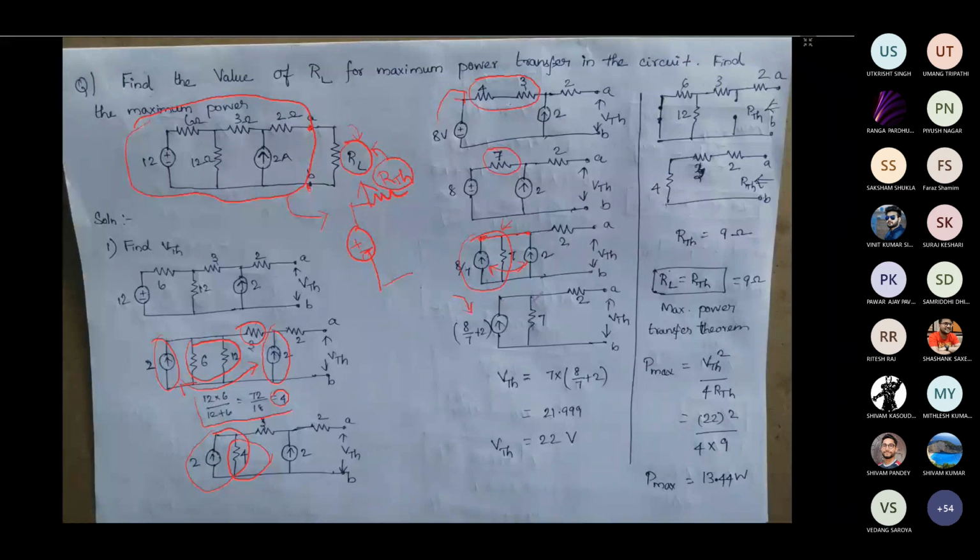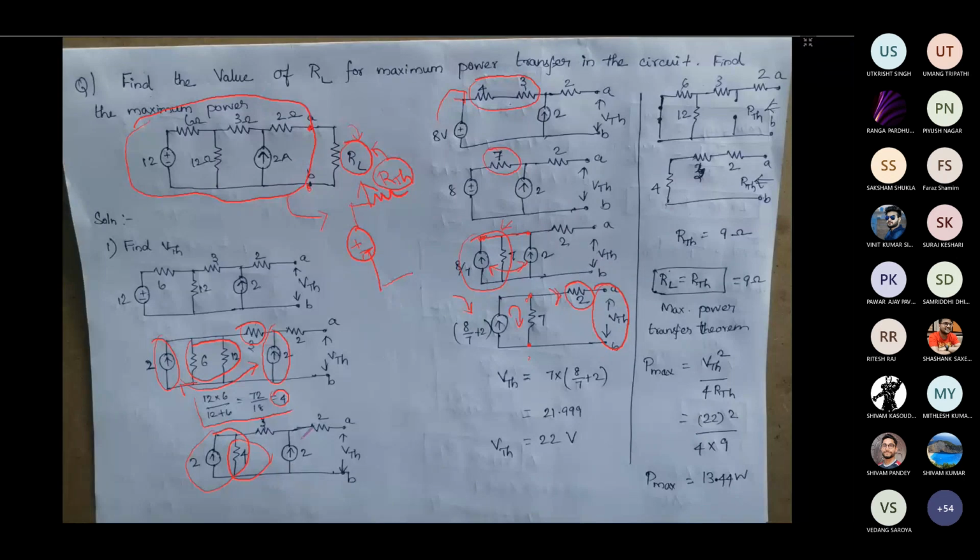Then you can find the voltage across this resistor. The current available here has to flow through this path, since there is no other path for the current to flow. So 7 into this complete current will give the voltage. This voltage will appear across the terminals A and B, because there is no current flow, and since there is no current flow, there is no voltage drop across this. Okay, this is one way of finding it. But if you see here, we can find the solution here itself. Let me discuss that.